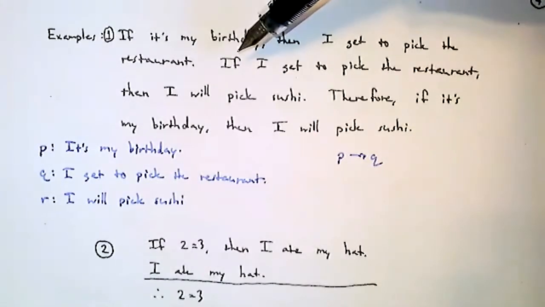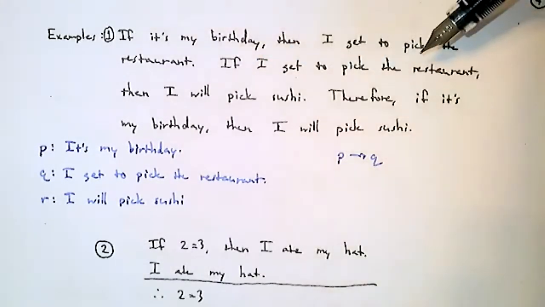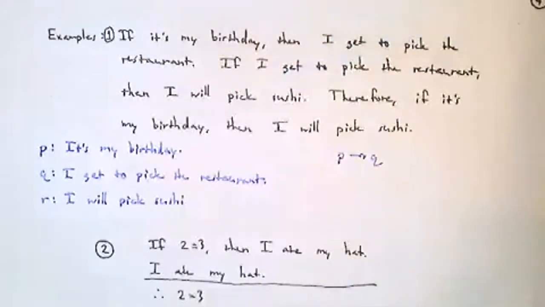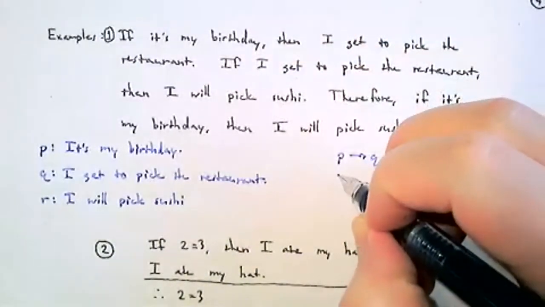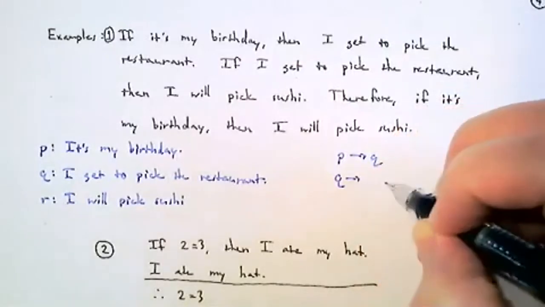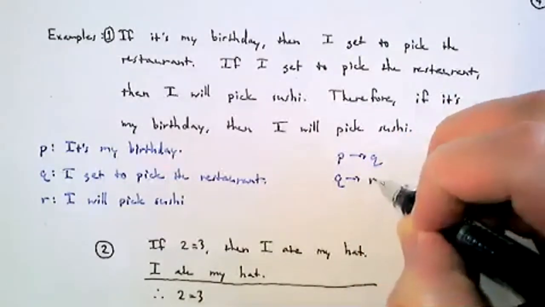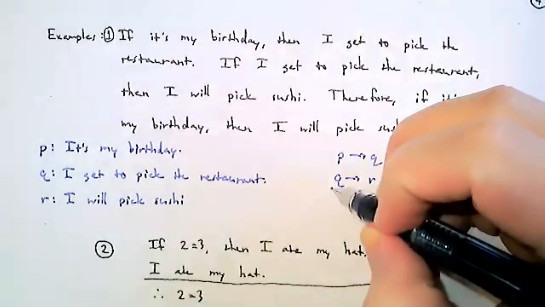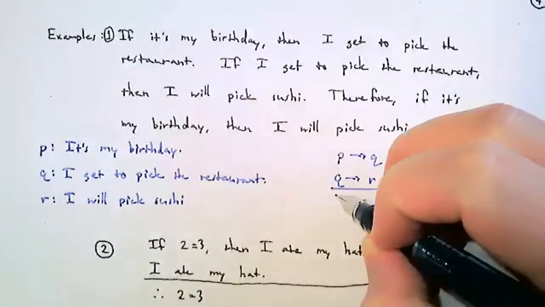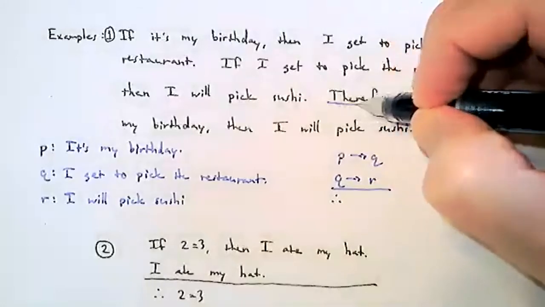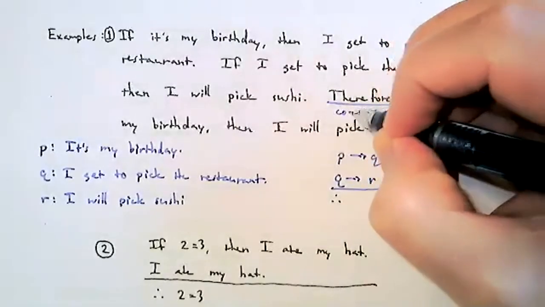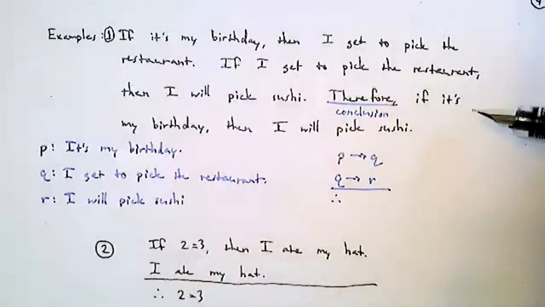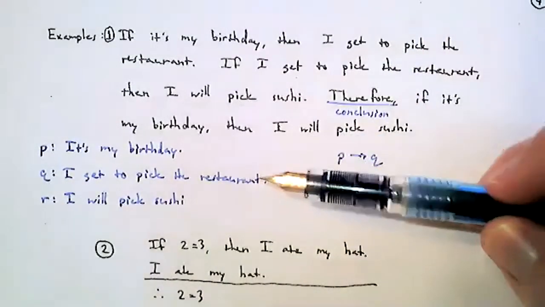The second sentence says, if I get to pick the restaurant, that's Q, then I will pick sushi, that's R. So the second one corresponds to this symbolic argument, if Q, then R. And now the last sentence starts with therefore. That signals to us that this is going to be the conclusion. And then the statement says, if it's my birthday,